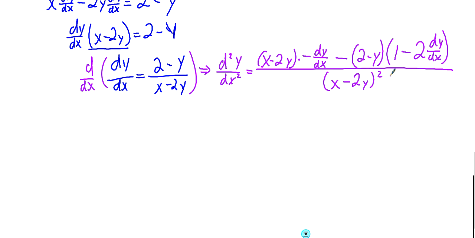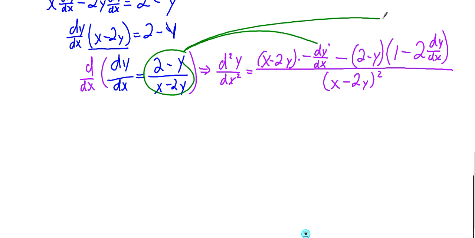Now, again, we can't have it in terms of dy over dx, so I've got to substitute this in for this one and for that one. Okay, so here we go. Now I'm going to move this negative here out front, so I get negative x minus 2y, and dy over dx is 2 minus y over x minus 2y,